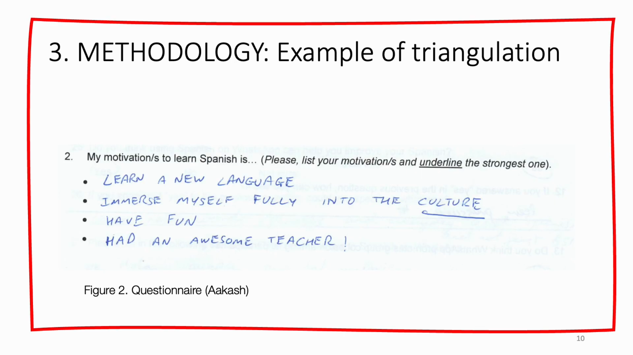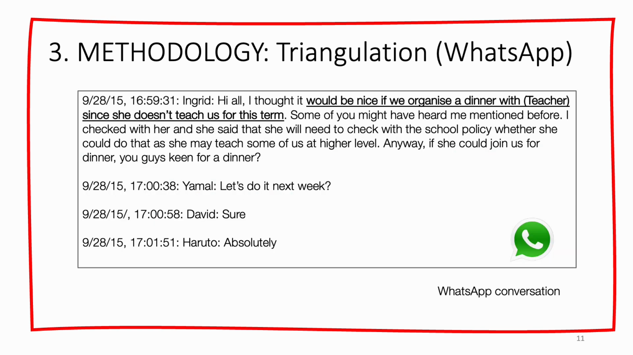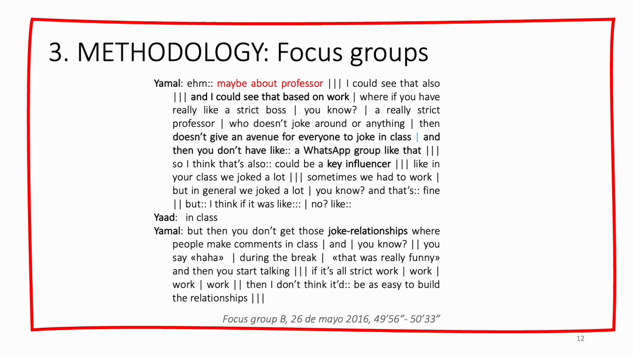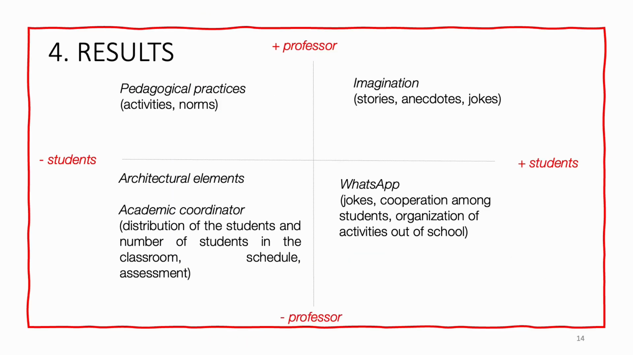This is an example of triangulation in which they mentioned the importance of the teacher as one of the elements in motivation and socio-affective processes. The teacher was also organically mentioned as part of the WhatsApp conversation and also as part of the focus group. With all this,